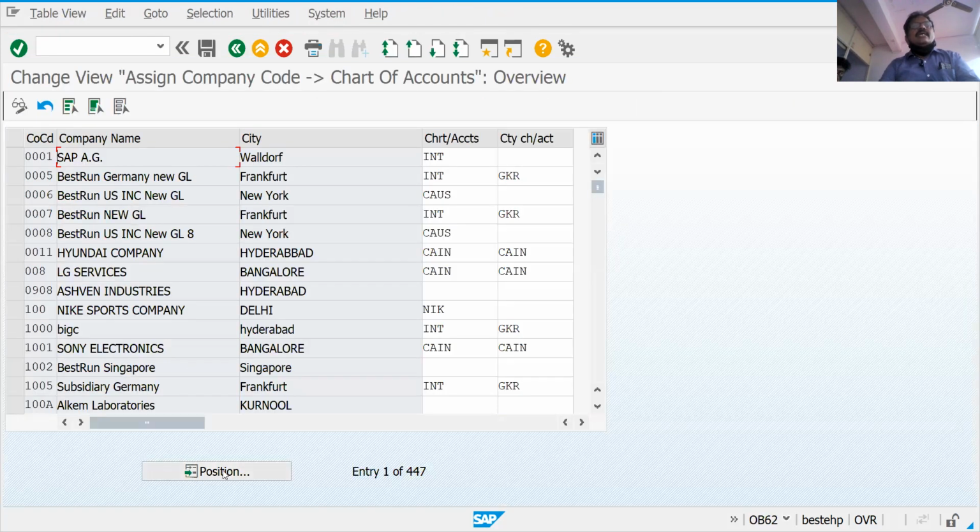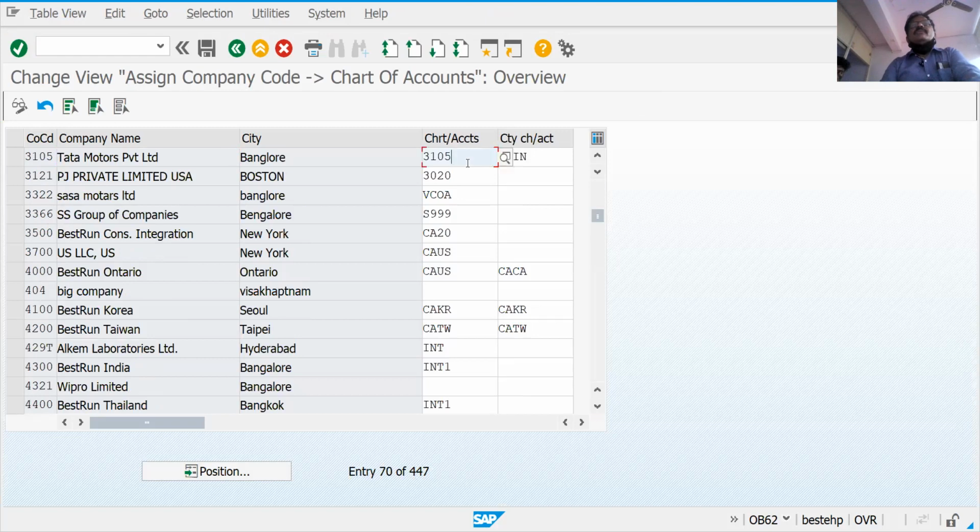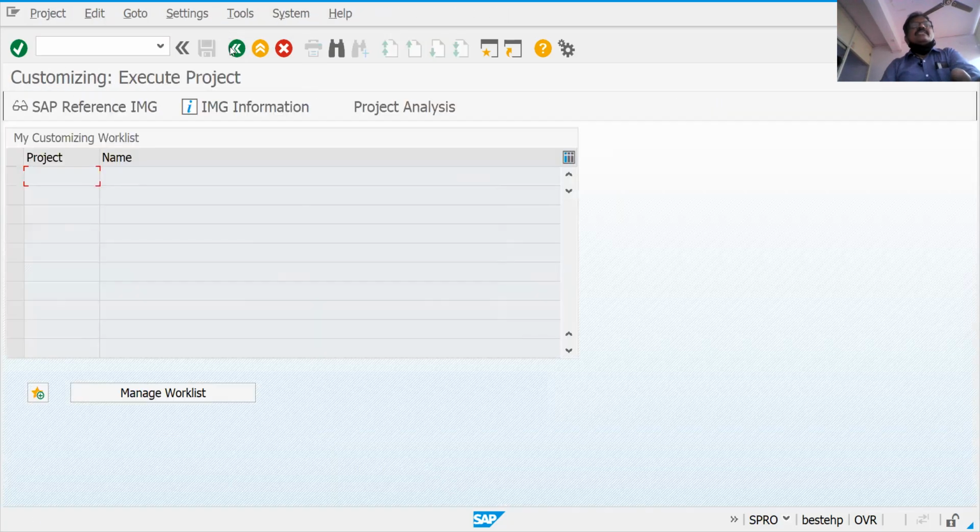Here, you take company code 3105. See, the chart of accounts we entered here: this is company code 3105 and chart of accounts is 3105. This is the first step we need to understand here.